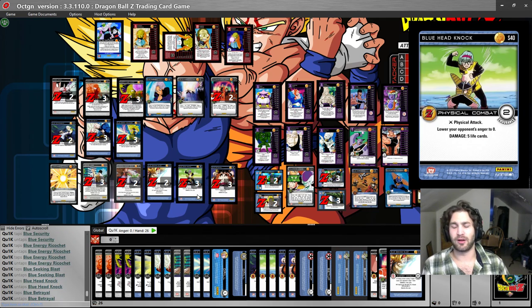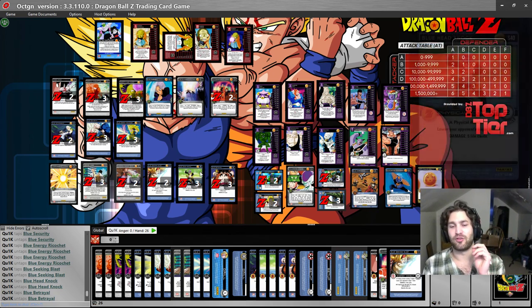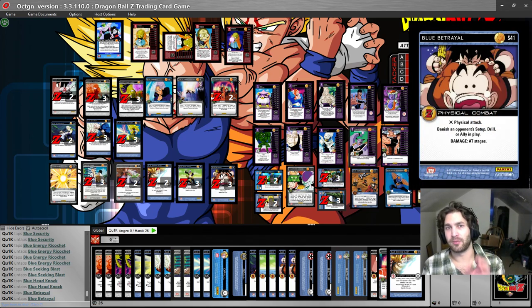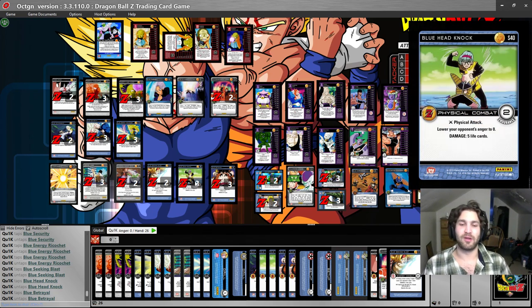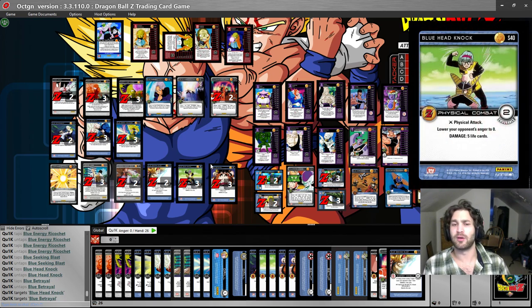Just board hate, anger hate. And I'm supposed to have 3 Blue Decapitation. If you don't know what Decapitation does, I can banish it from my hand, I banish a styled physical attack from my pile and perform a copy of it. So that means I'll essentially have 6 copies of Head Knock and Betrayal. And if I don't want to do that,